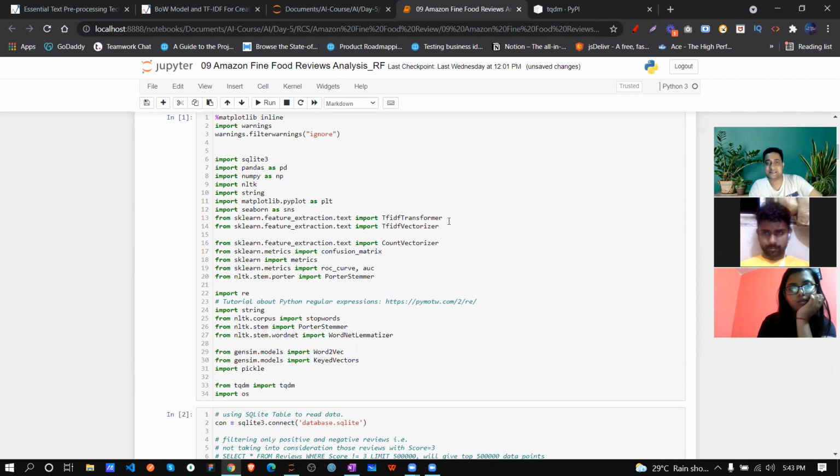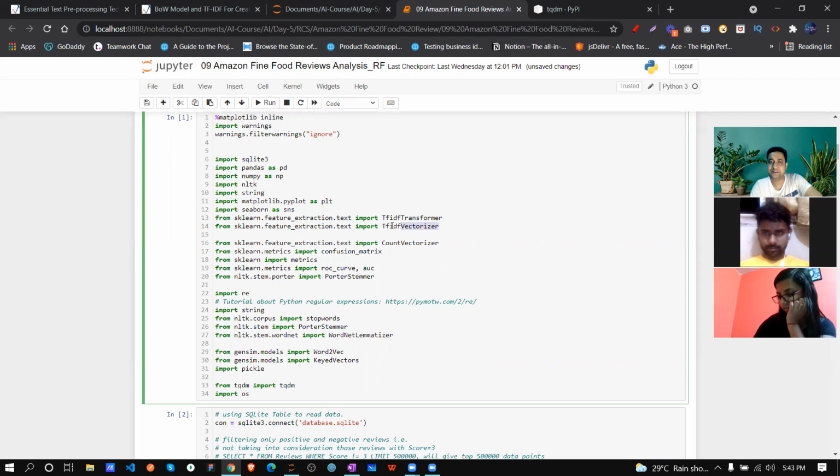From scikit-learn we are going to use TfidfTransformer, TfidfVectorizer, and another one, CountVectorizer, which we will use for bag of words. Other metrics like confusion matrix, ROC curve, AUC, we already saw at the time of machine learning. Porter stemmer for stemming, and WordNet lemmatizer for lemmatization, we already know.